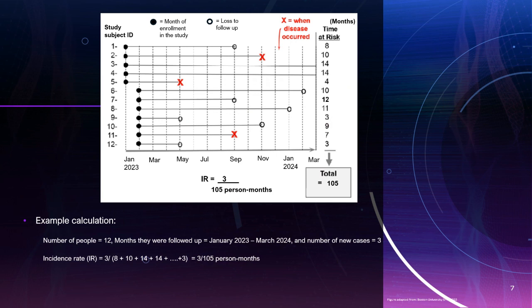The farmers' potential exposure to brucellosis began upon enrollment as indicated by the solid black dots. Blood from all participants was tested every month, using serological tests to detect antibodies against the bacteria. The study went on from January 2023 through March 2024. Because the cows were no longer testing positive for brucellosis, the farm is declared free from brucellosis, and the remaining